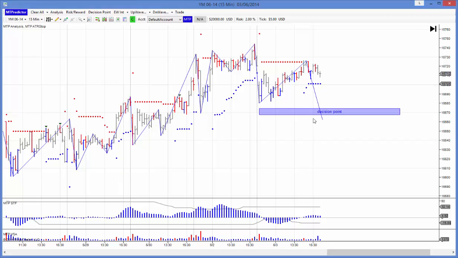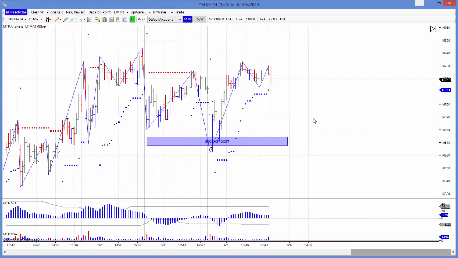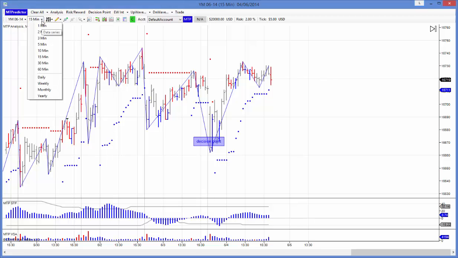This is why it's so powerful, it's there ready before the market even gets there, in this case before the market even opened. If I then scroll forward, you can see how on this 15-minute chart this actually caught the very low of the day. Now why is this so important? Well, first of all, it's great to have levels on your chart in advance, but let's go back to the